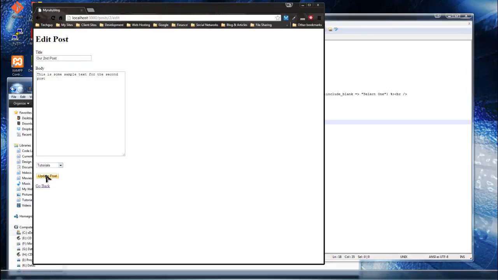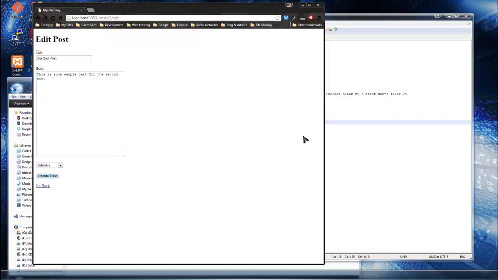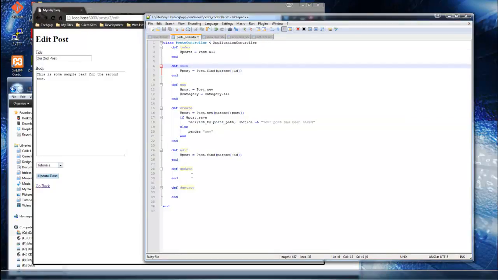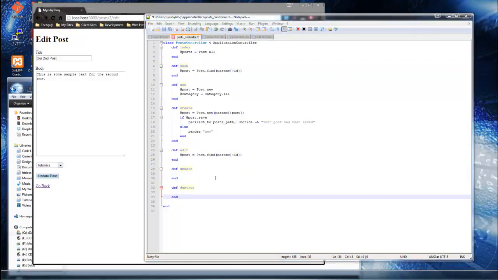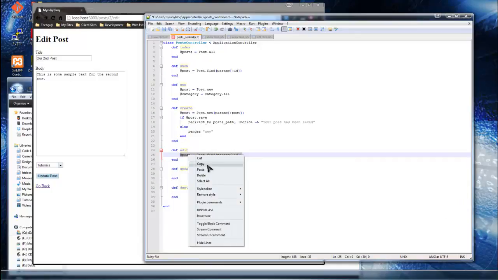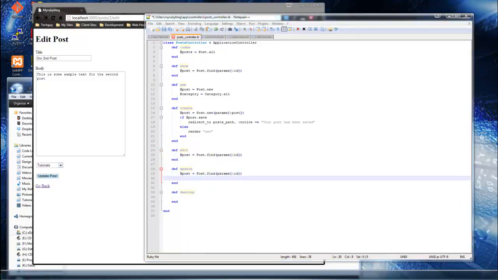And then if we click update post, template is missing. I'm sorry, we didn't even configure the update action yet. It can't do anything. We need to go to the controller, and down in the update section we want to first define the post variable just like we did in edit. So just copy and paste that, and we also need to add an if statement,